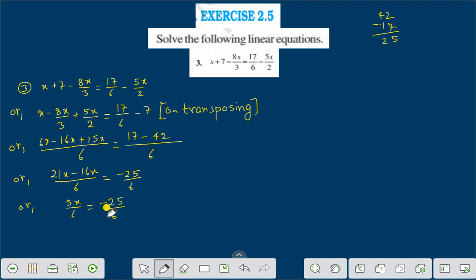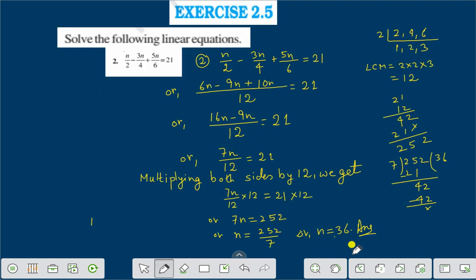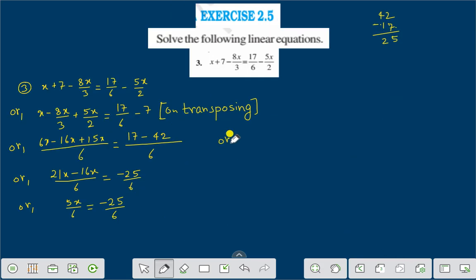by 6. Multiplying both sides by 6, we get 5x is equal to minus 25,